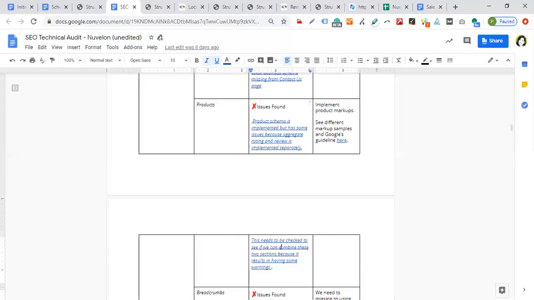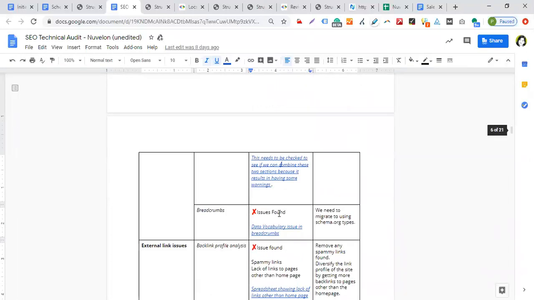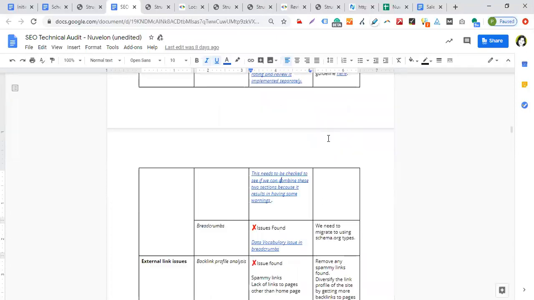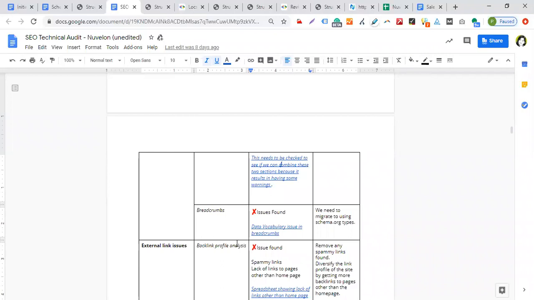Product pages, it was there, but there were some warnings, so we recommend to remove those warnings as much as possible. If that is not very important to add that information, then we can just keep it as it is. Now,